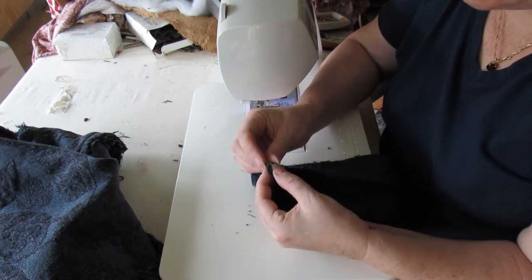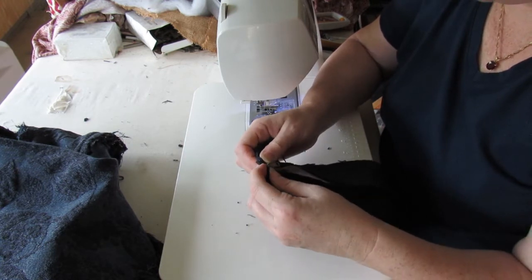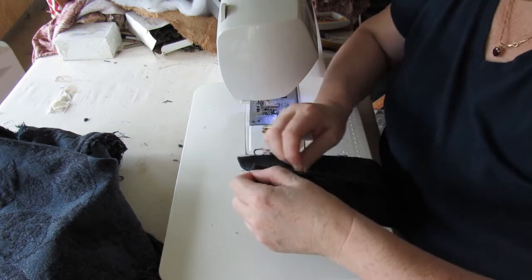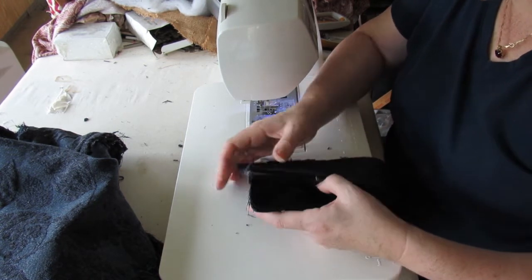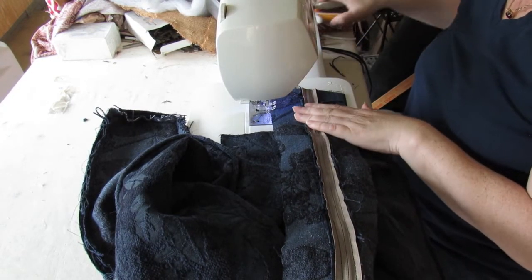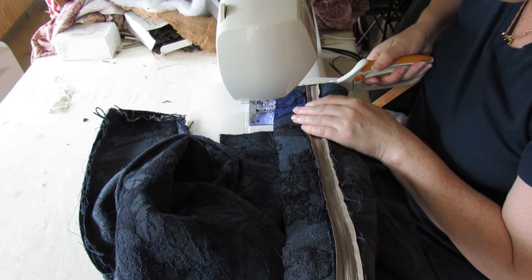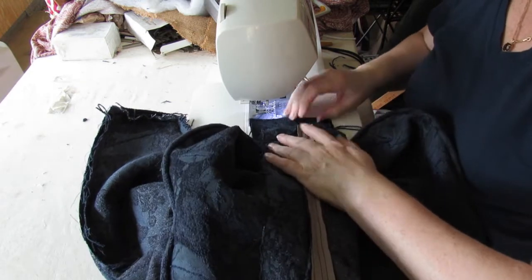That on there like that, and then that one in there like that. Push it down with your fingers so it grips, and then just ease it. And I'm looking here, it looks almost even. Before you start sewing anything in, just make sure that everything's straight, and that looks a little bit wonky, so I'm going to straighten that up like that, and I'm going to just pull it back a little bit on